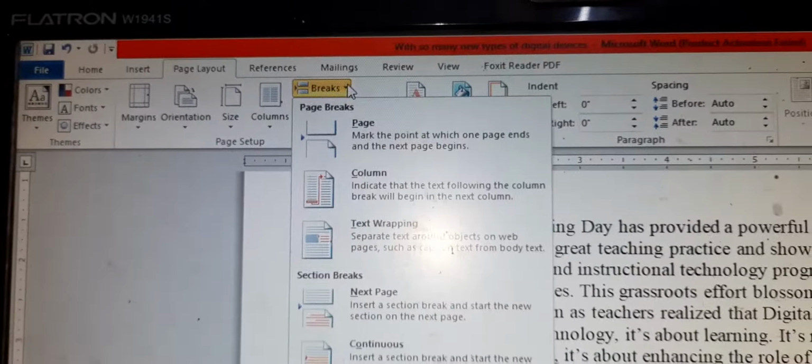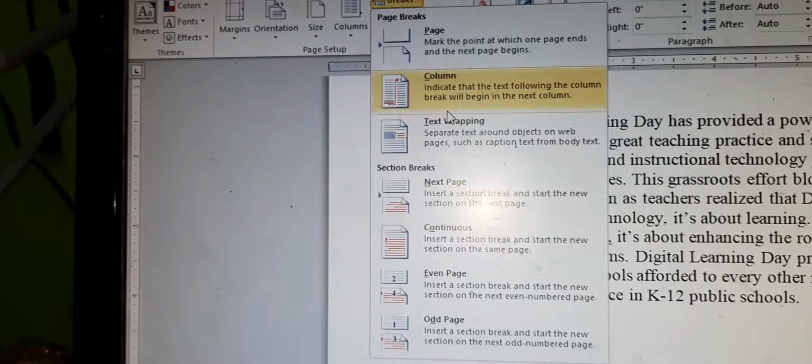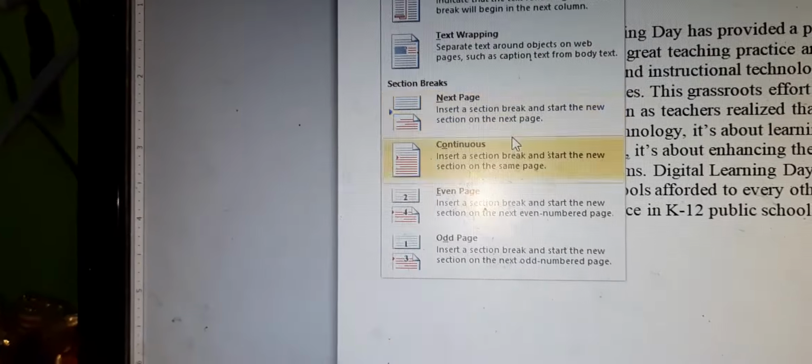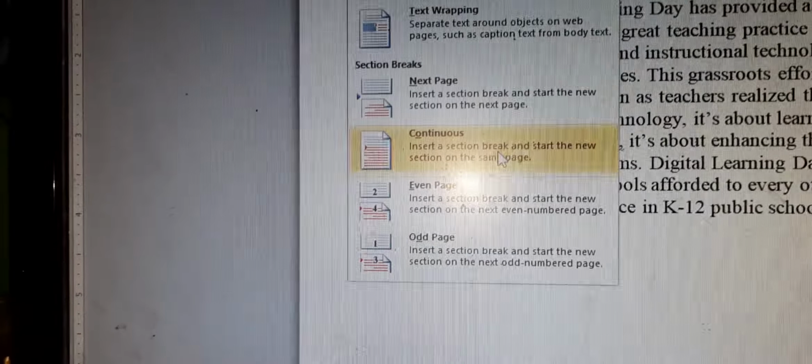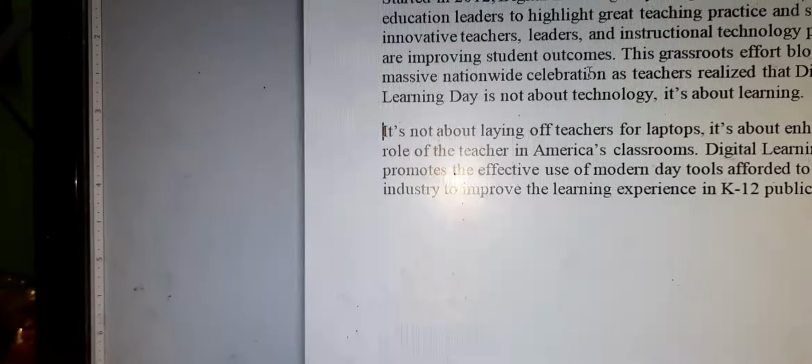So if you go to the break option, over there you can click on continuous. Then you will find that whatever you have done automatically comes to the next paragraph.